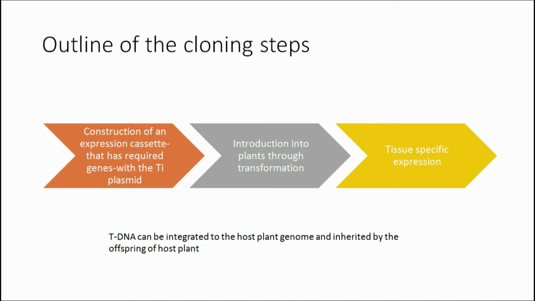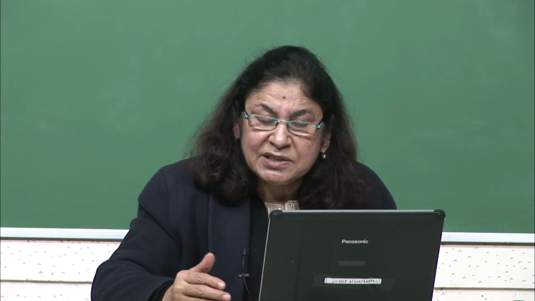this gene should be able to get expressed in the endosperm of the rice grain. If it starts to express itself in the leaf or in the roots of a crop plant, that doesn't serve your purpose. What you would like to see is that this vitamin A is going to be made exactly in the rice endosperm. So, in other words, we say that endosperm is a tissue, and what I would like to see is a tissue specific expression of this vitamin A biosynthetic pathway. So, let me explain to you how that can be achieved.